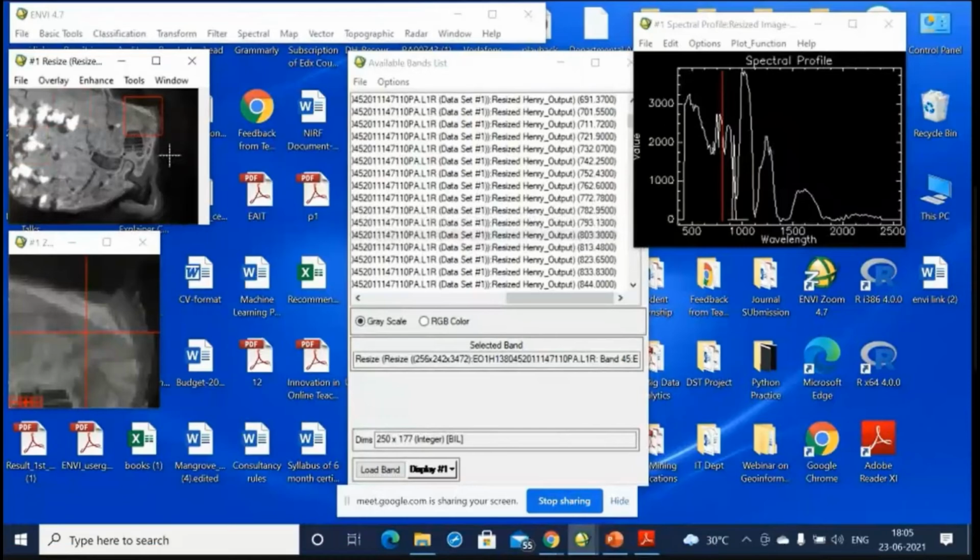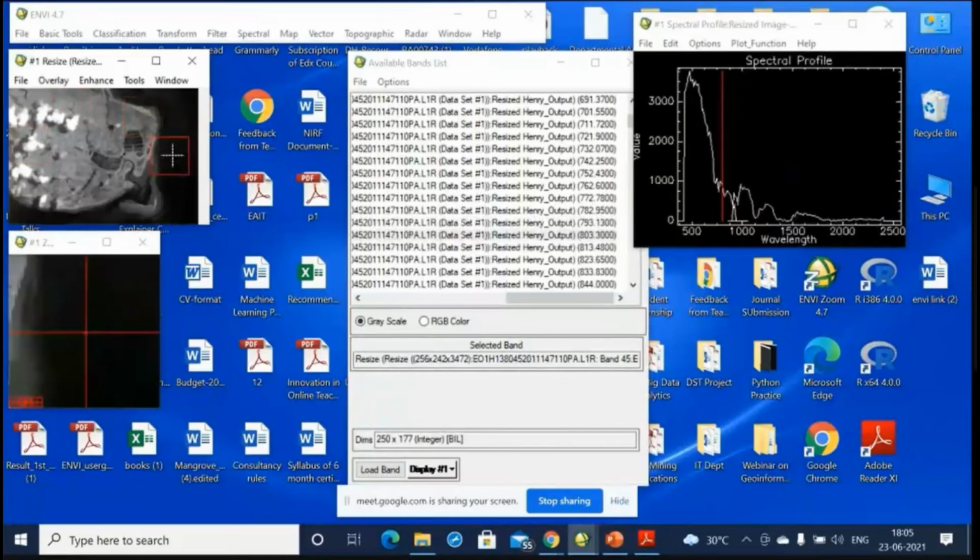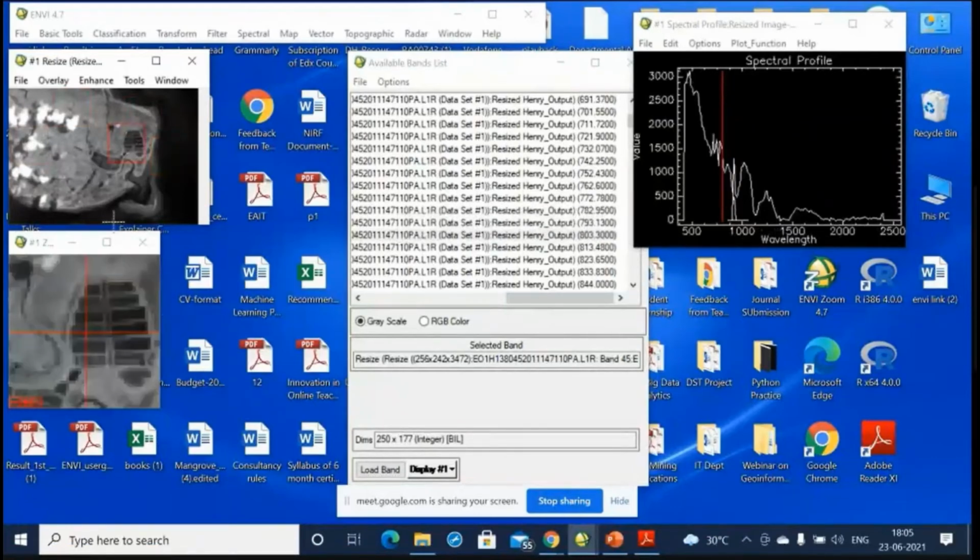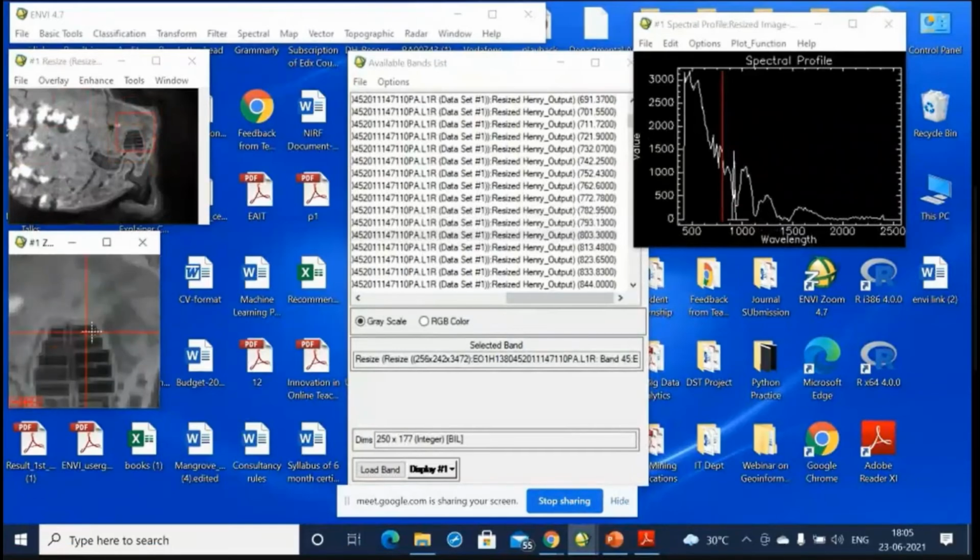When I'm selecting a pixel from the water body, this is not representing the actual spectral signature of water. This is the aquaculture region. This is a pixel of the aquaculture region present in the island. So this is again not a spectral profile of water.